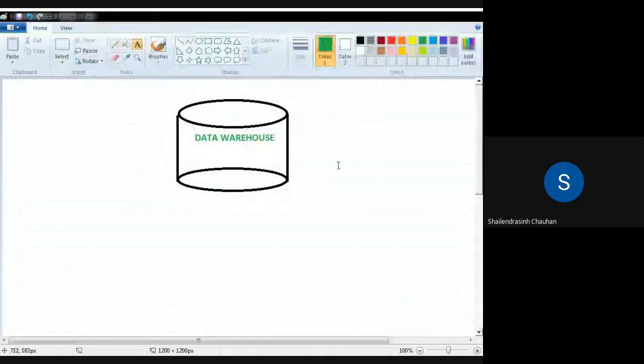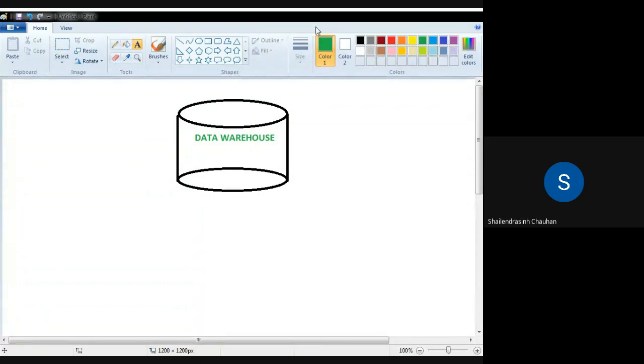This is the data warehouse, and in this data warehouse, you are going to store data of all the subjects. Like we had discussed different dimensions, and those can also be considered as subjects. So in short, here in data warehouse, you will be having data of all the subjects.